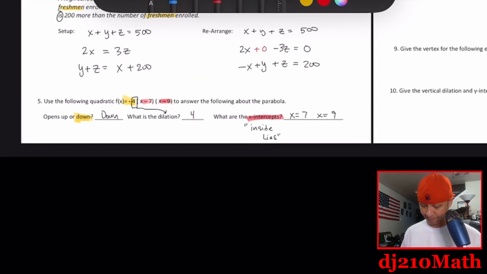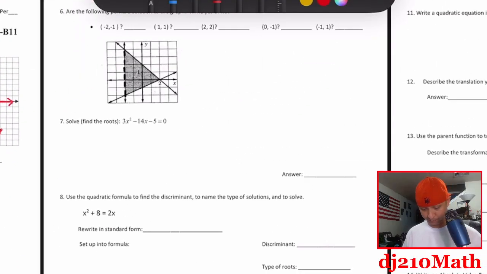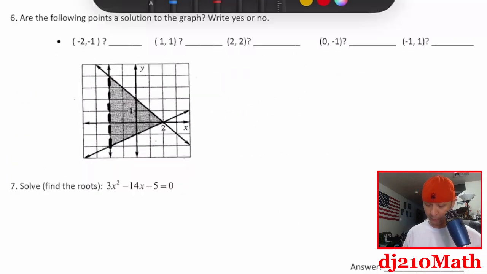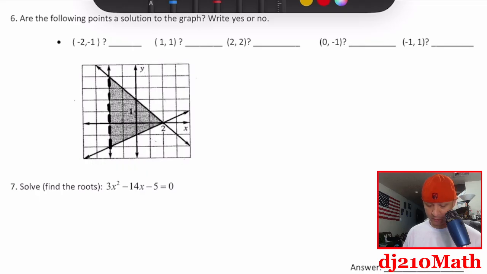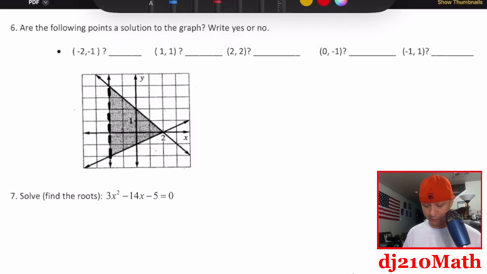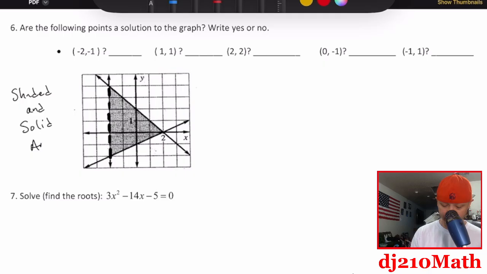Okay. All right, these are important. Number 6. Are the following points a solution to the graph? Yes or no? Okay, so what we're looking for is shaded and solid areas. So what do I mean by shaded and solid? Example,